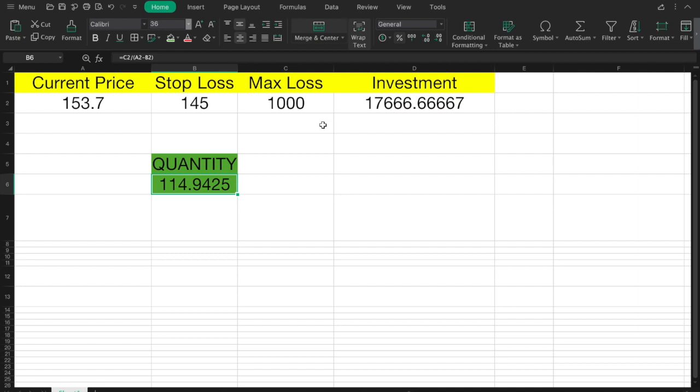You have to make this very clear in your mind: position sizing is the most important thing. In this same trade, if I have 10 lakh capital, obviously I will say I am taking 20,000 risk. See, immediately the quantity changes to 2000 quantities and my investment also changes. This is how you have to figure it out. Whenever you take a trade, ask yourself how much loss you can afford in this particular trade, and put that amount here. Then just the current price and stop loss, here we go.